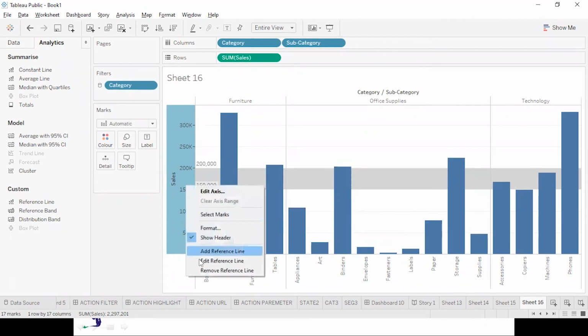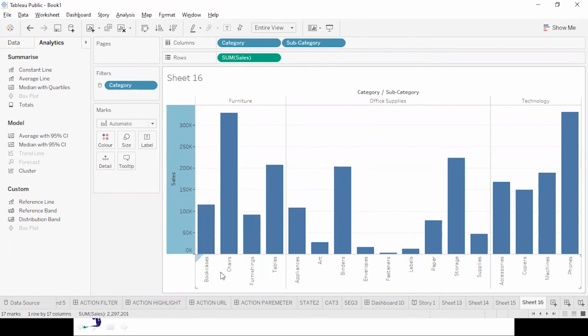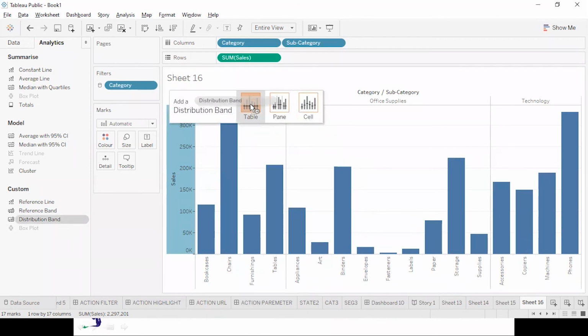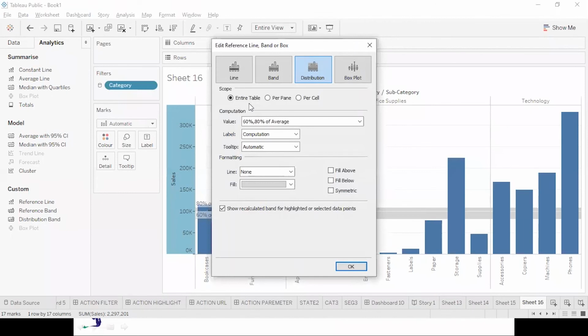And what is distribution band? Can anybody tell me if you remember distribution band? Reference band, I told you. What is distribution band? Let me take this. I hope you will remember that. Distribution is distribution on the basis of percentage. It is saying 60 to 100% of average. So you are distributing something. In reference band, you are giving a range x to y.